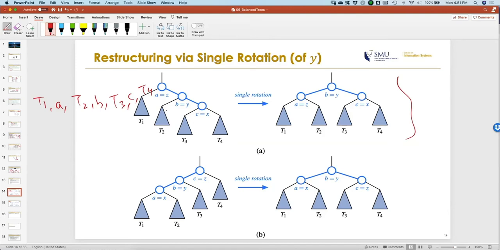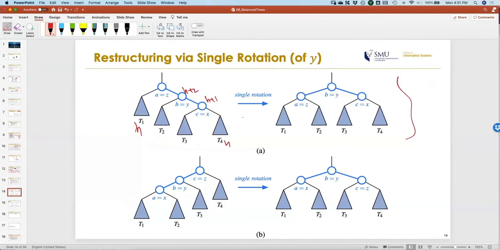So if you see here, what happens with A is that, supposing T1, T2, T3, T4 are all of the same height, then the Z here is going to have a lopsided shape. Because T1 is going to be some height, H, for example. If T4 is also height H, by the time we come here it is H plus 1, and this is H plus 2, which means that I have a specific instance where I have a subtree rooted at A,